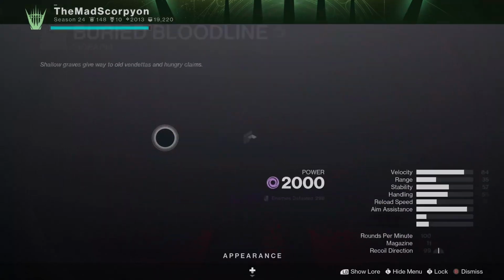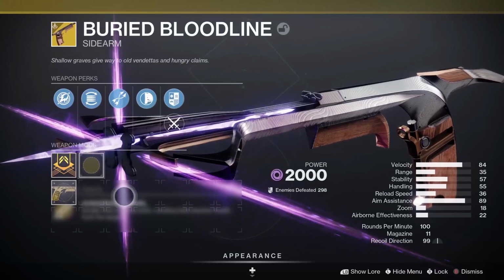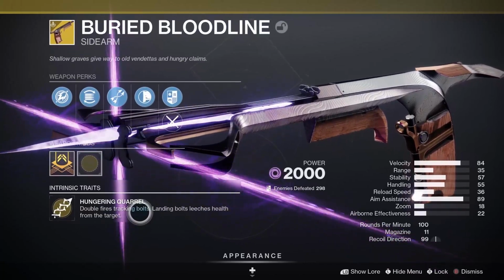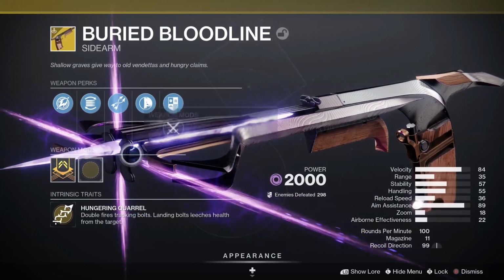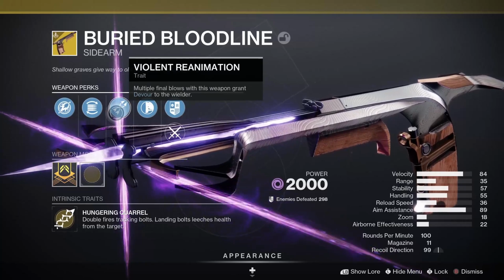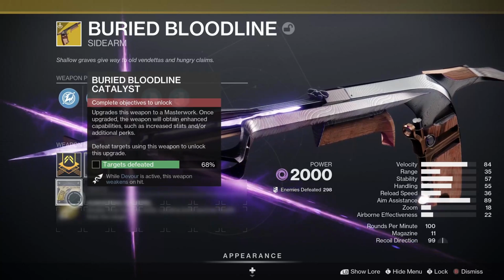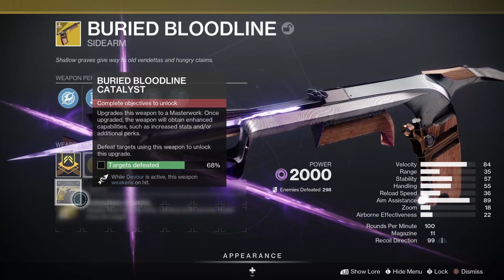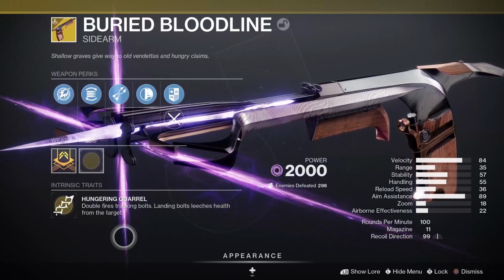Basically, another special ammo sidearm, a void-firing double-shot tracking bolt. That is pretty much just the description. It fires two bolts that leech health. It has an ability that on multi-kill it grants Devour, and with the exotic catalyst, Devour can allow weakening. But aside from that, its main performance stems from the basic Hungering Quarrel perk, where it has twin firing tracking